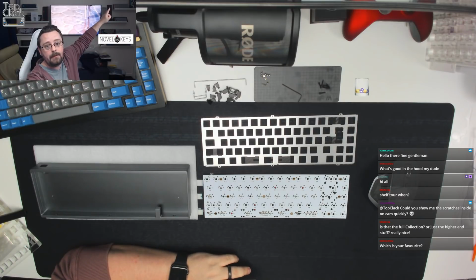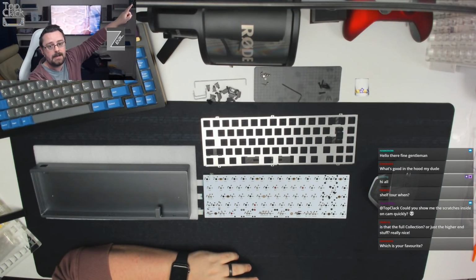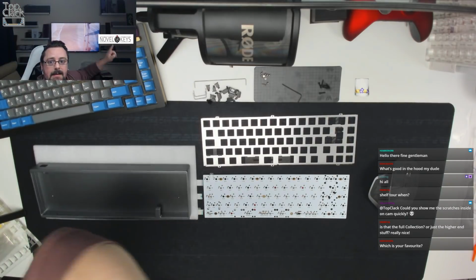On the shelf above, you can just see here, that's actually a pink board, and that's got a Brown Alps build, so it's a 66 key Brown Alps build. And then right over in the corner, just here, I've got a Soda Board 77, couldn't remember the name of it, which a friend of mine in the UK developed. And then right up at the top, again, I'll adjust the camera, we've got the Cypher that I built